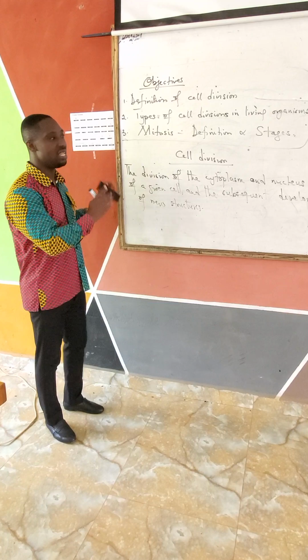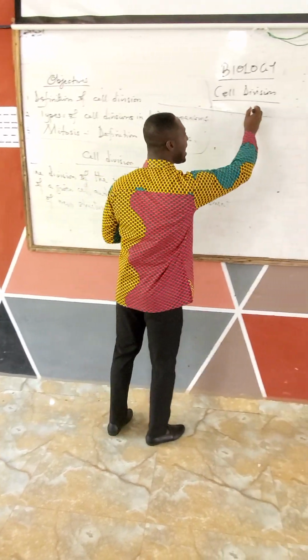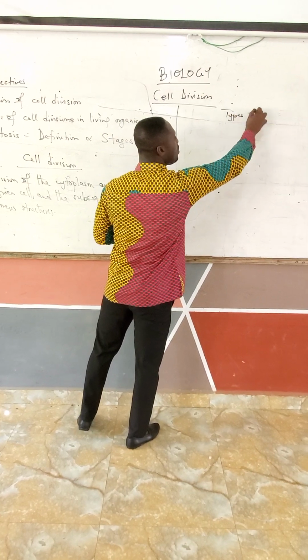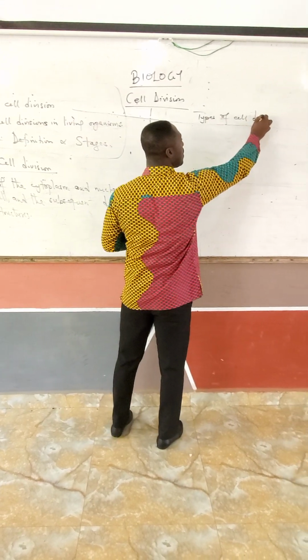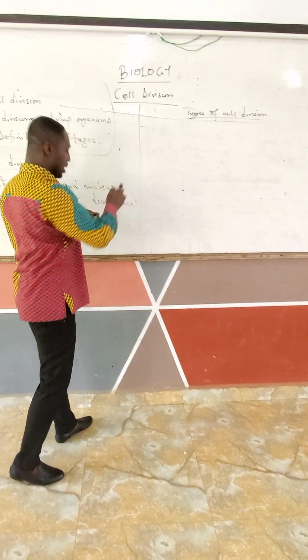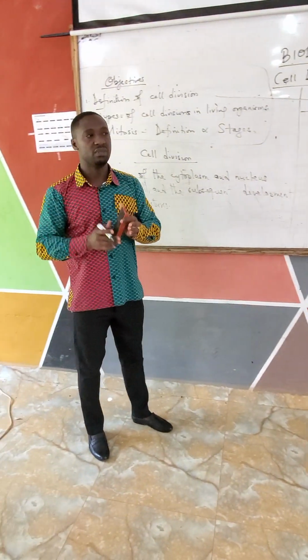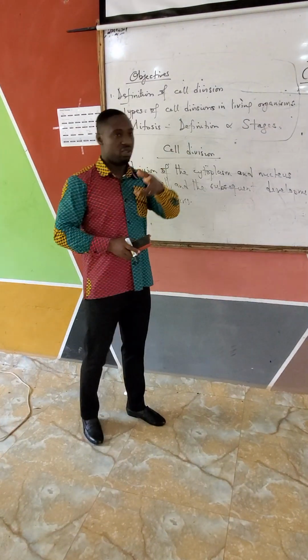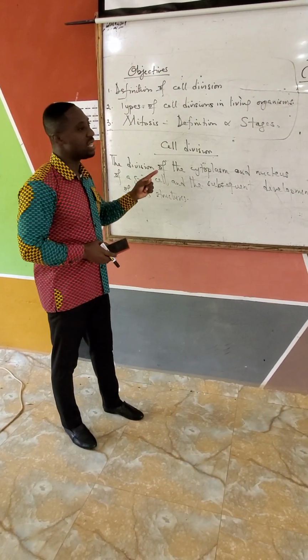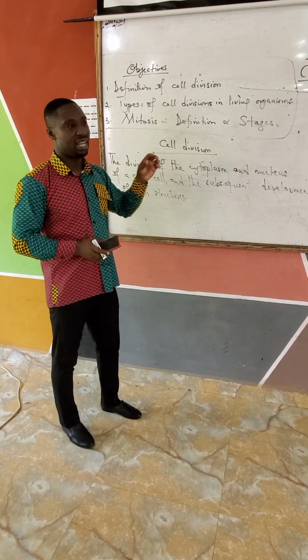Now let's quickly move on to the second objective, the types of cell division. Now remember, in Form 1, we looked at amoeba, and as some